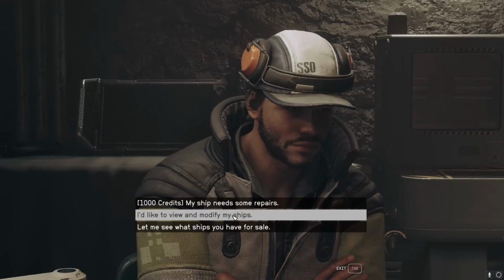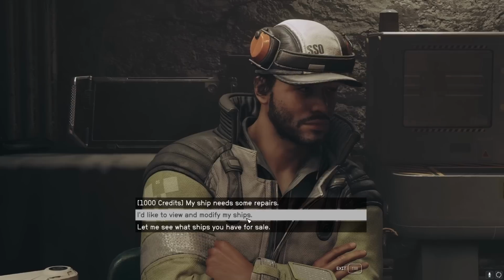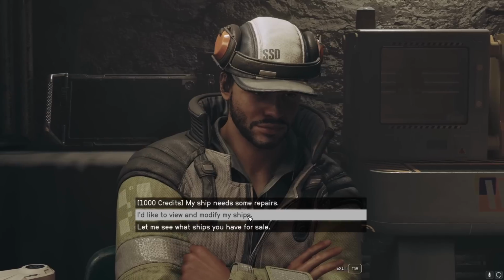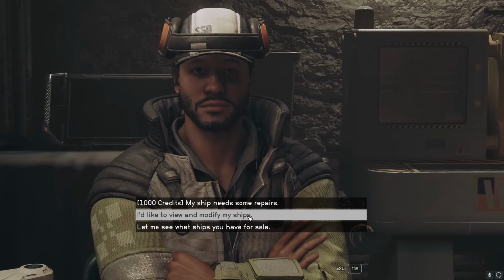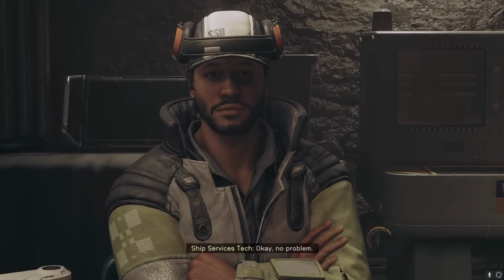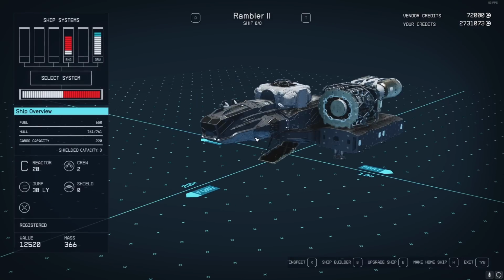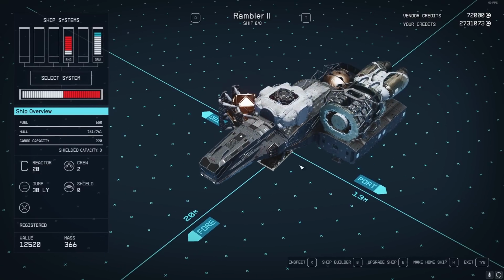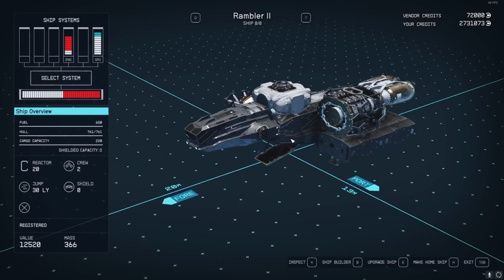So if you don't have 2 ships, you're gonna have to either buy a ship or go steal a ship. If you need to know how to steal ships, check the description of this video. It has links for all sorts of helpful things like stealing ships and making money, XP, everything. So anyway, once you have at least 2 ships, go to view and modify ships. Now in my case, I have them at the end right here. I have this Rambler 2 and I have this little demo ship here that I just have as a placeholder